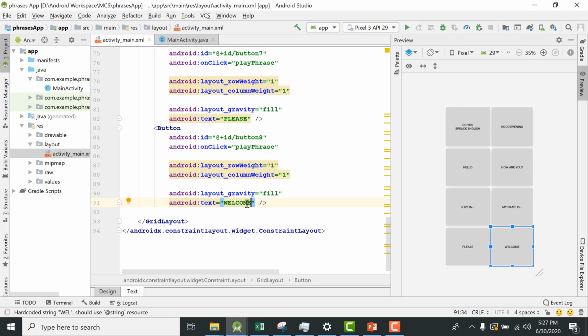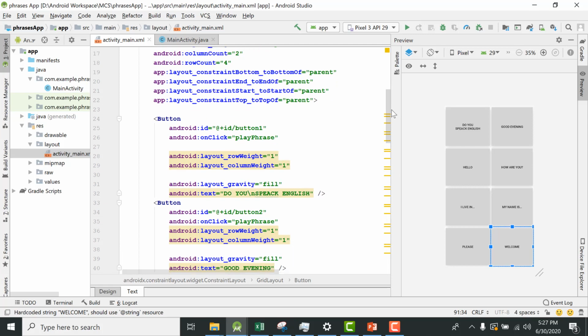Alright, so with that you can see the changes are reflected on our app.